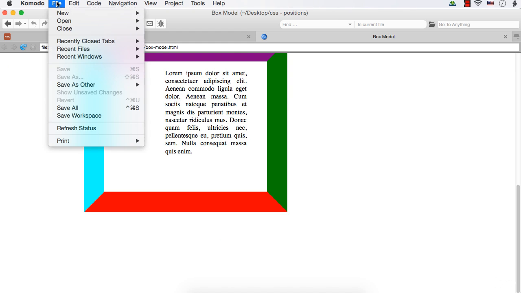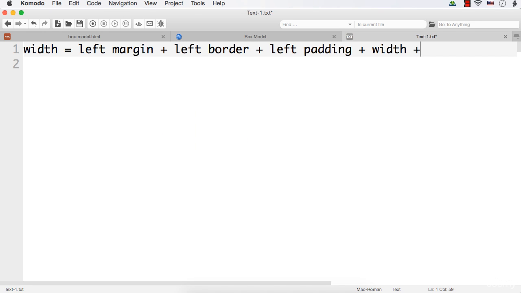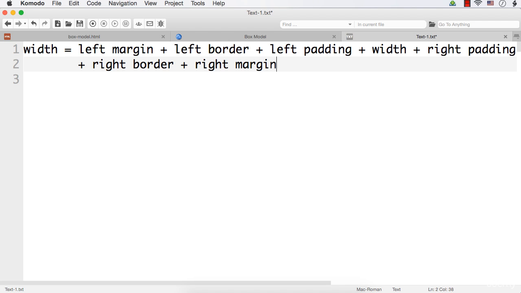So let me write it in a text file. Width is equal to left margin plus left border plus left padding plus width plus right padding plus right border plus right margin.